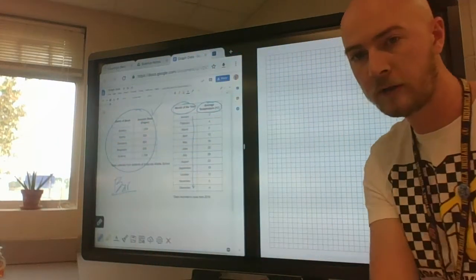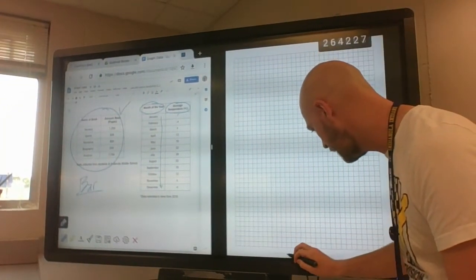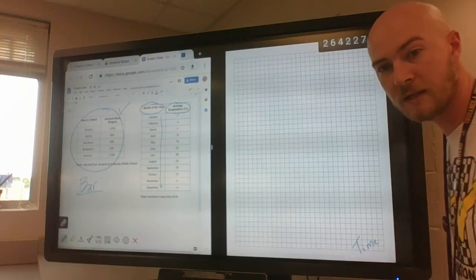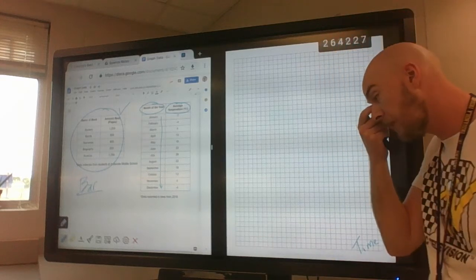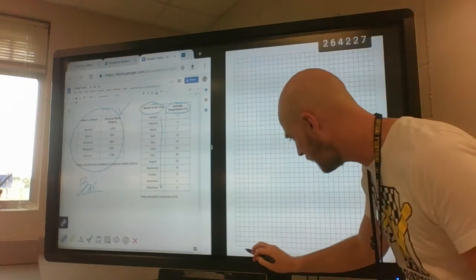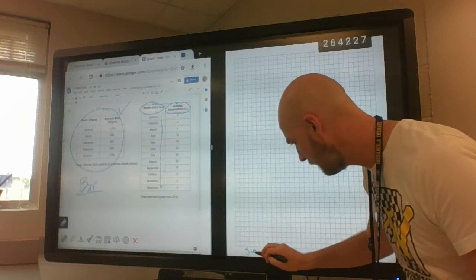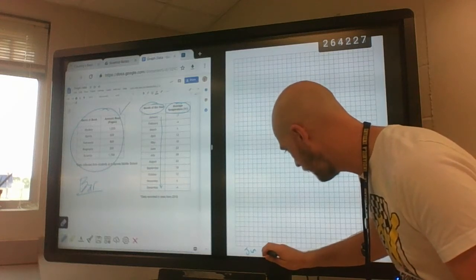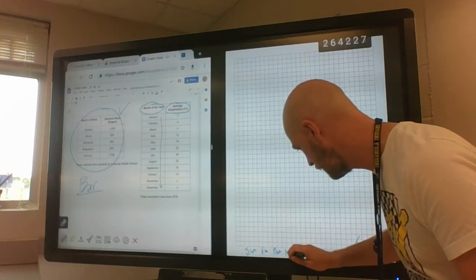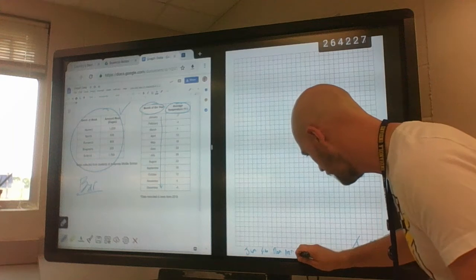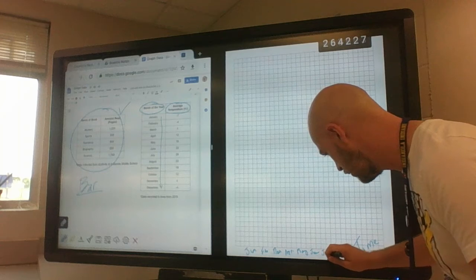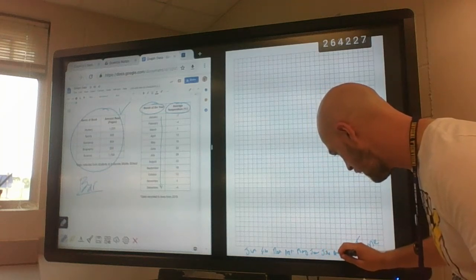So we can go ahead and look down here and label this as time. Because I don't have very much room, I'm just going to write it over here to the side. So we've got time. And then I'm going to label the bottom as those months, and I'm going to abbreviate. You can either write out the whole word or abbreviate. I'm going to start here with January, and then we've got February, March, April, May, June, July, August,